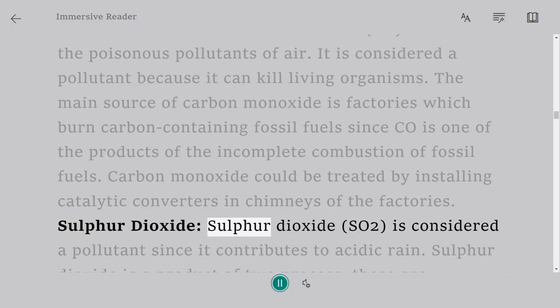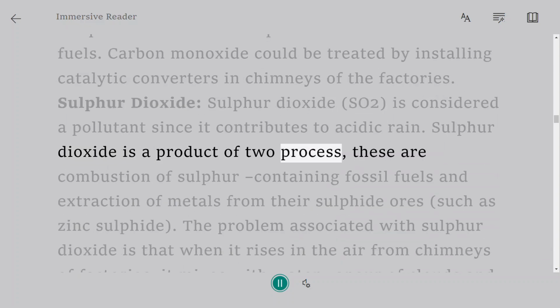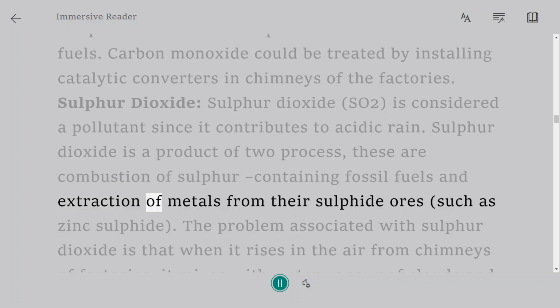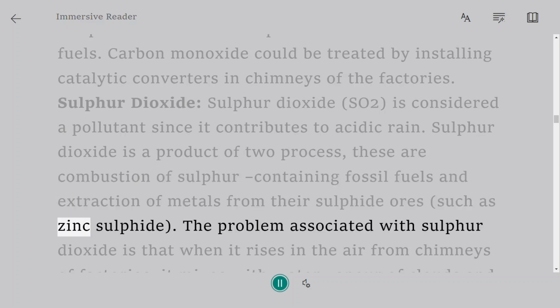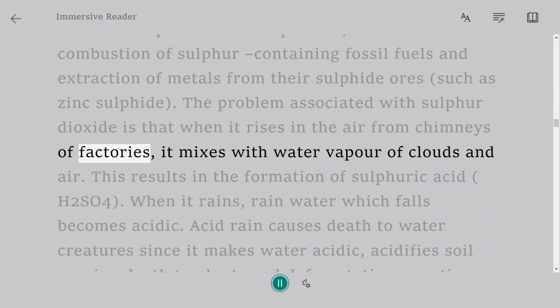Sulfur dioxide, SO2, is considered a pollutant since it contributes to acid rain. Sulfur dioxide is a product of two processes. These are combustion of sulfur-containing fossil fuels, and extraction of metals from their sulfide ores, such as zinc sulfide. The problem associated with sulfur dioxide is that when it rises in the air from chimneys of factories, it mixes